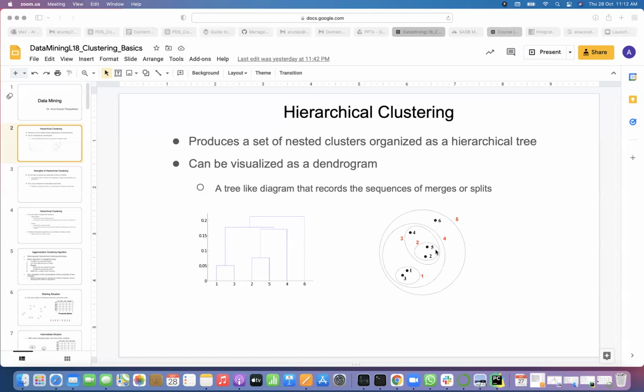So if you see the right side, there are points. Red ones are cluster IDs. How many clusters do you see in the right side picture? Five clusters are there. How many points are there? Six.